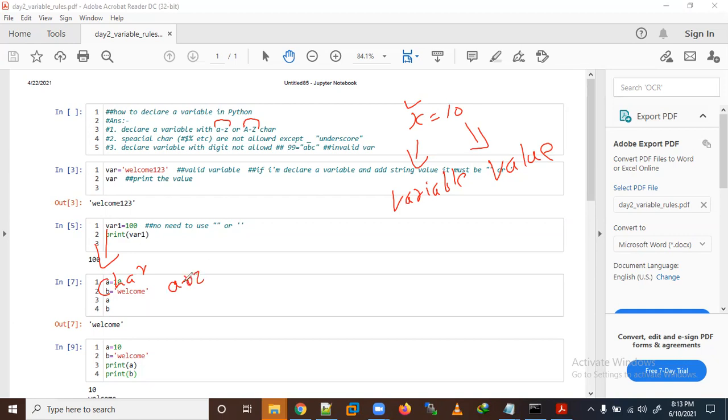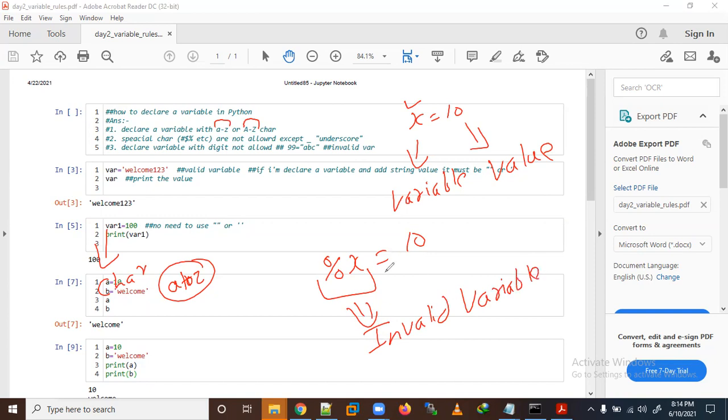Special characters are not allowed in a variable name. For example, if I declare percentage x is equal to 10, that is an invalid variable. Percentage and dollar are not allowed, except underscore.